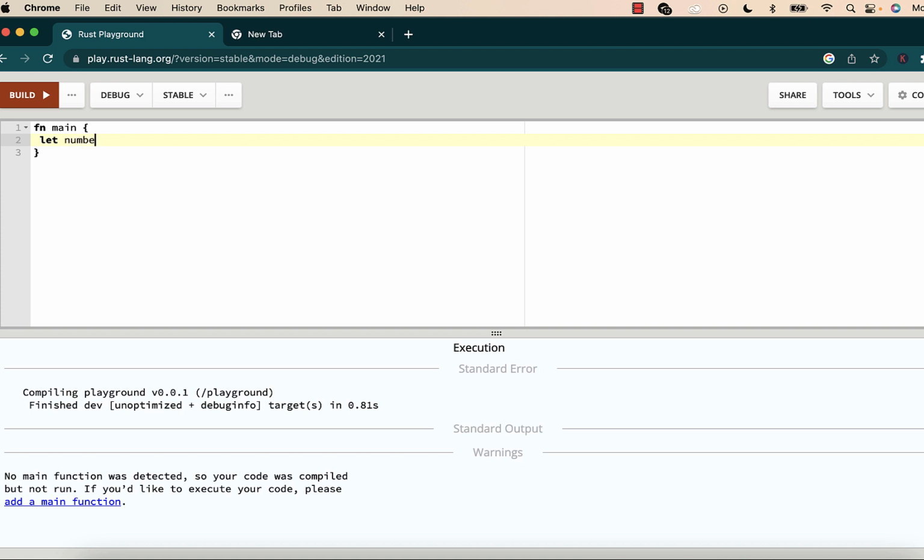Let's say numbers, the Vec of i32, will be, it's supposed to be a mutable, right? A mutable vector, because you're going to modify it, and so we have 1, 2, 3, 4, 5, 6, 7, 8. So we want to get only even numbers from this, so we're going to use numbers.retain,